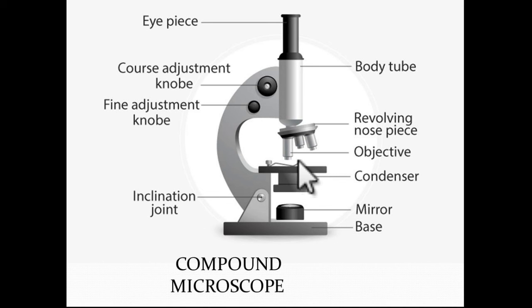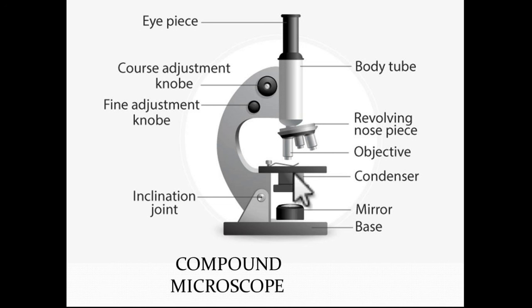Now children, after this you can see it is not shown here, but here's the aperture basically on the stage, the hole in the middle of the stage that allows the light from the mirror to reach the specimen. Then children, this is the mirror which focuses the sunlight on the slide. In some cases when we are using an illuminator in place of a mirror, it is done by the illuminator, not by the mirror. If a mirror is there, that is focusing the sunlight on the specimen.